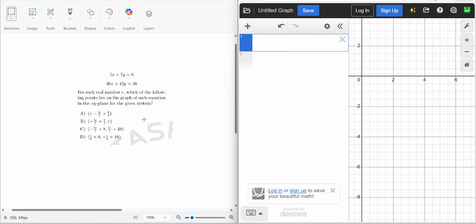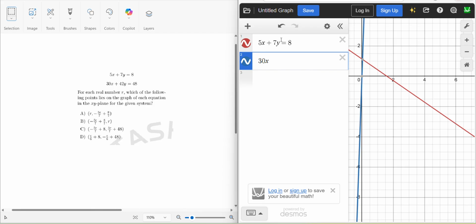So guys, by looking at the answer choices, it may look like a very hard question and like it will take a lot of time, but in reality it is not that hard if you do it in Desmos. So how will I do it? Just look here. I'll simply copy the equations 5x plus 7y equals 8 and 30x plus 42y equals 48, and